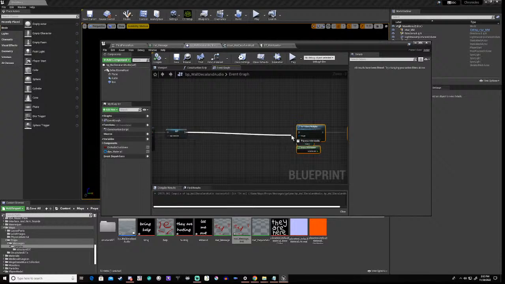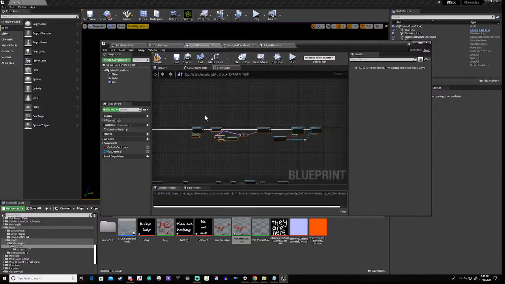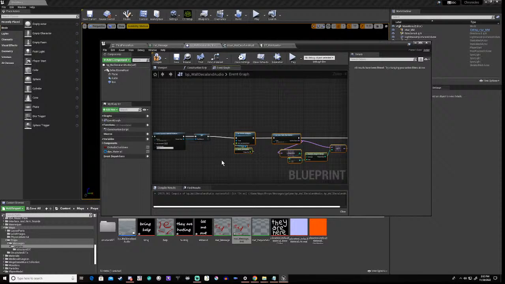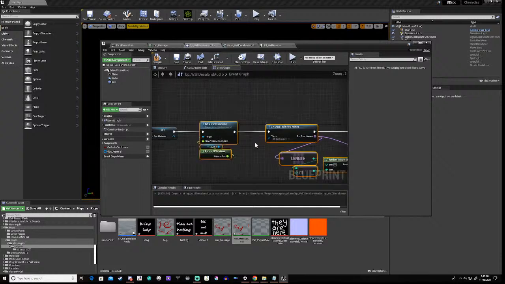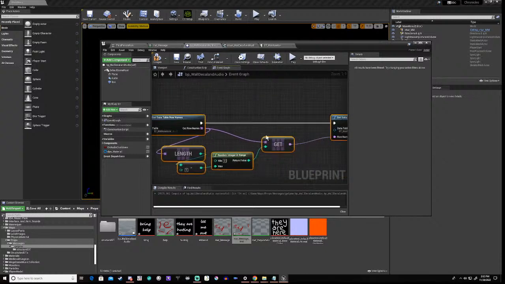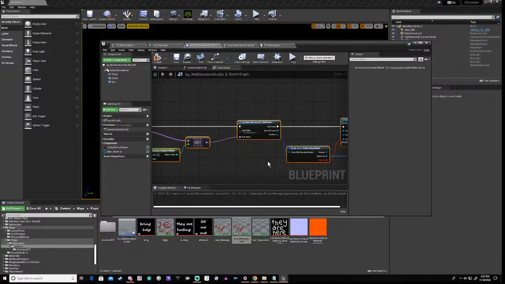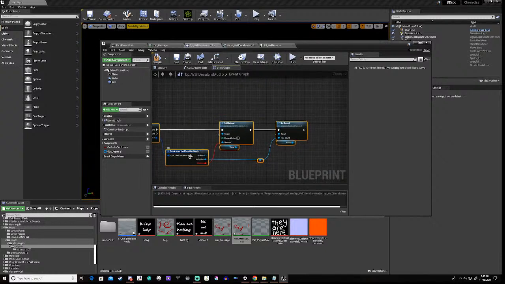Right, so we've set up our dynamic material, okay? So now when we get our texture, we can actually just set that as a parameter in here, right? And this is going to pass us back our texture, okay? And then what we're going to do,